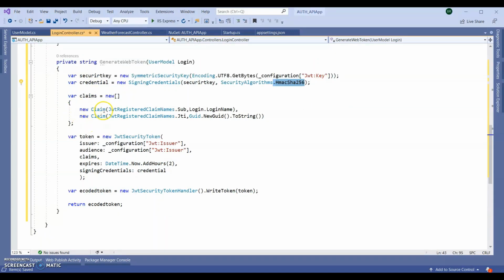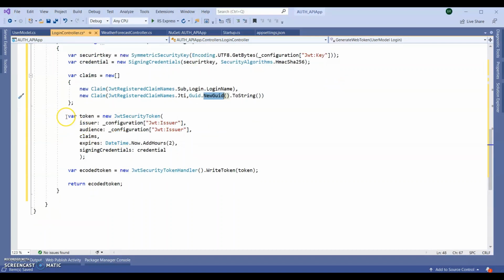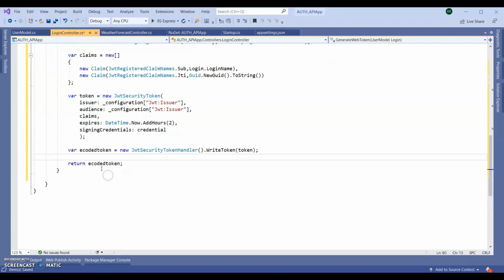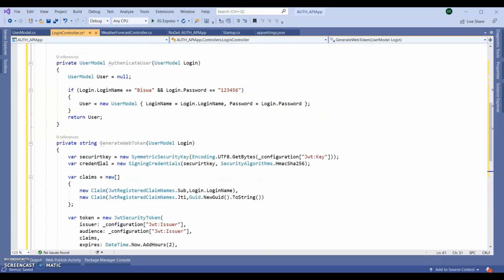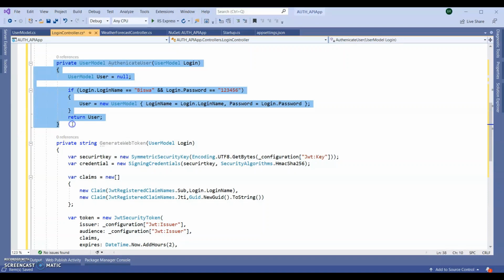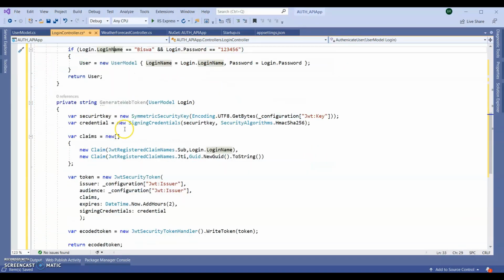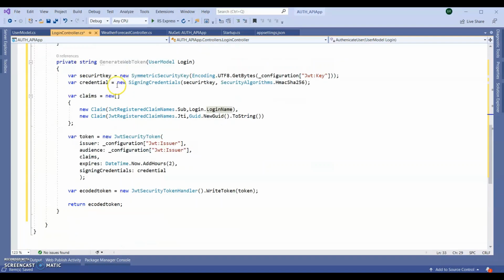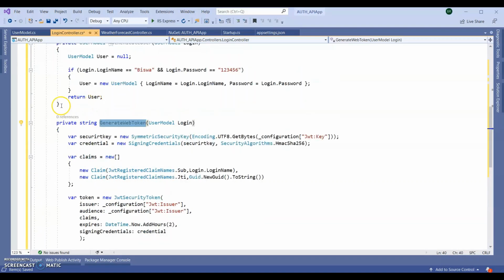Next we are adding the claims to login and the new GUID, and we are creating our token algorithm and generating our token. So our back-end part is done. Here we are authenticating the user simply by giving some username and password, and after authentication we are generating a web token or a JWT token.